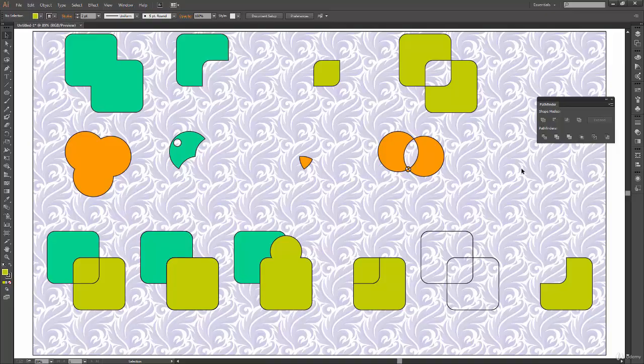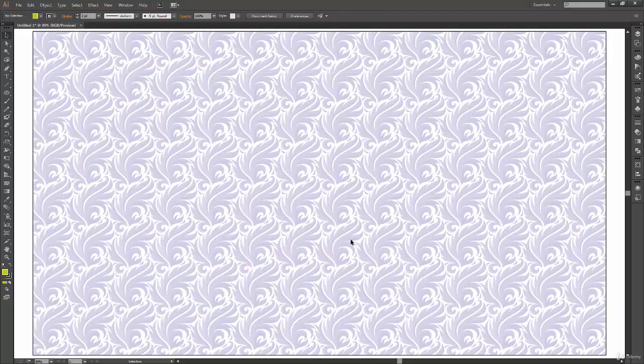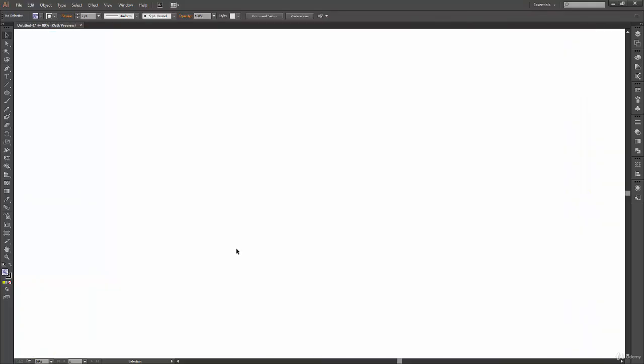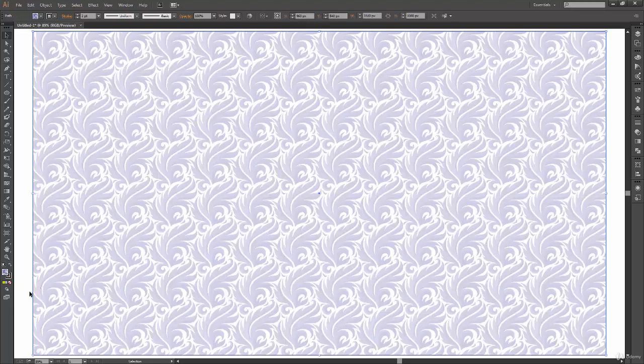So first of all, let's dock it back into our panel bar, and now I can select all these shapes and press delete to have a clear artboard, and again press Ctrl Alt 2 to unlock our background. And now with the background selected, you can press delete on your keyboard to delete that background. Press Ctrl 0. Oh, I think we have deleted our artboard as well, so press undo over here, and